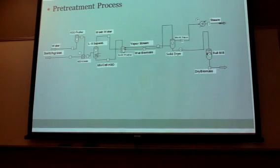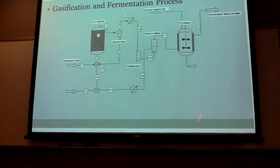From there, your dry biomass went into the gasification and fermentation process, where you have a fluidized bed reactor. Your feed goes into the bottom of the fluidized bed reactor, and as Brad said, you have a fluidizing agent, where you can use either air, oxygen, or steam, and we chose steam, which also went to the fluidized bed reactor. From there, it goes into a cyclone separator, which separates out your biomass and